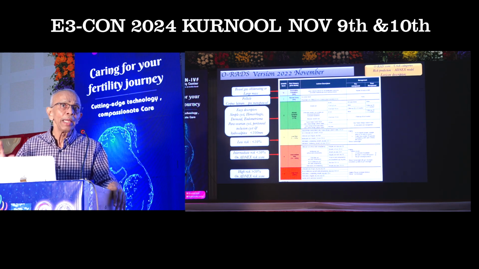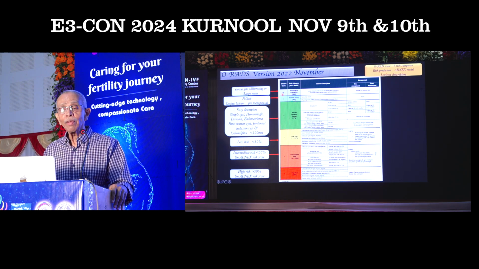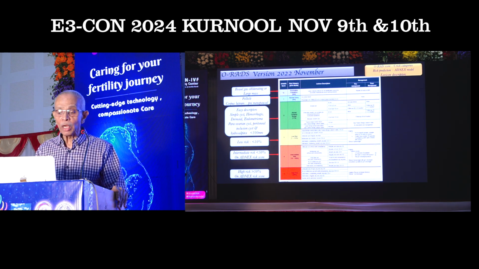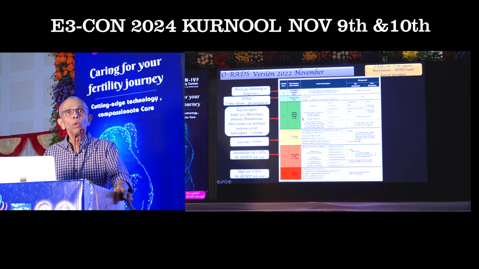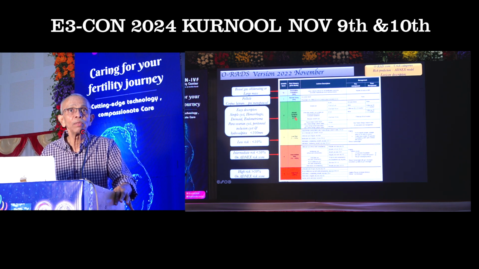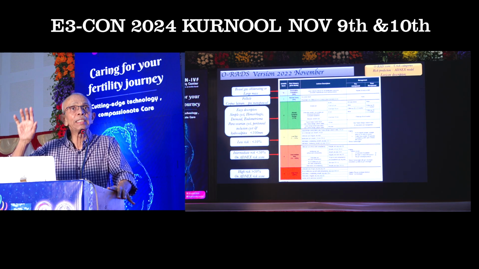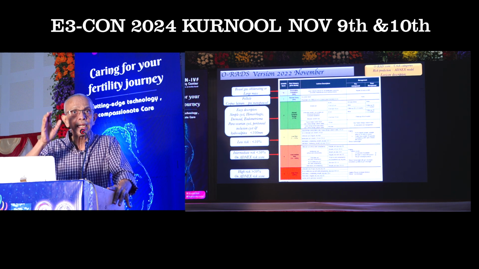So that is the reason why they have suggested that there is no need for any management. Whereas when you have an O-RADS score 2, it is absolutely normal, that is, absolutely benign, because, as I said, the risk of malignancy is less than 1%. Anything more than 10% is definitely suggestive of malignancy, whereas anything less than 10% is considered as benign.